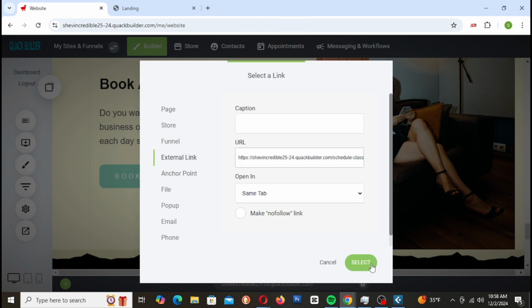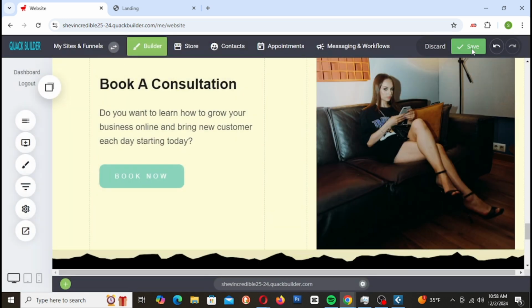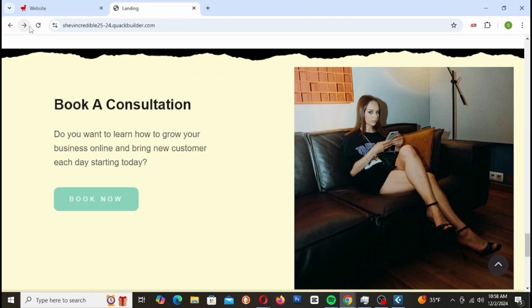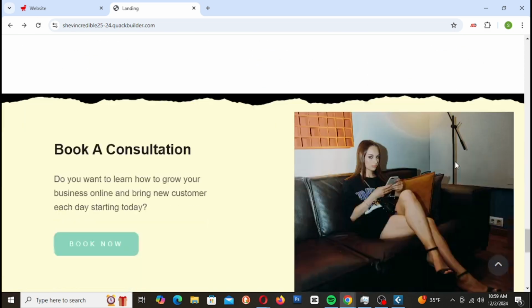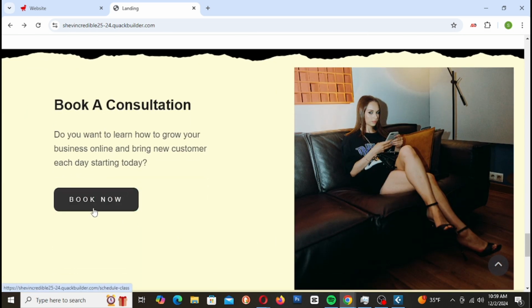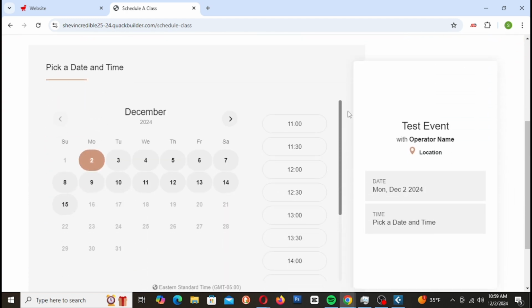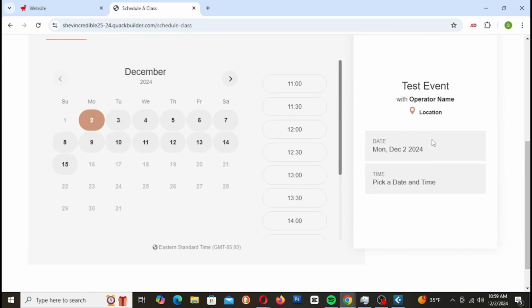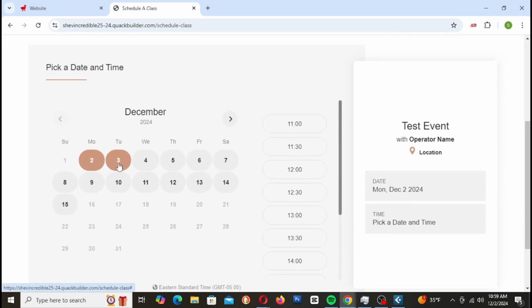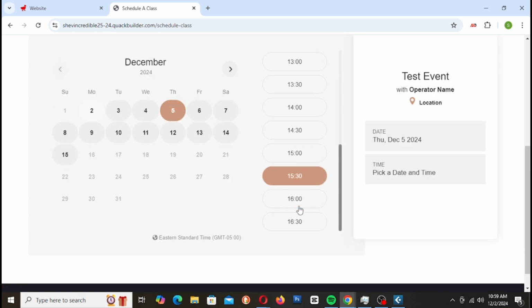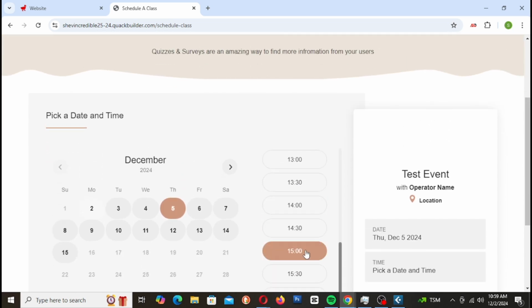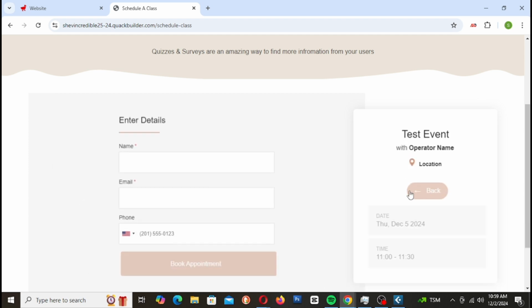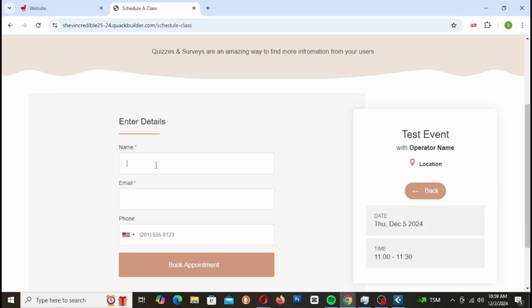Okay, just click select, and if I save it and go back up here and refresh it, this is how the customer is going to see it, and I click here, book now. As you can see, it goes to the consultation page, so now they can schedule their consultation. They can choose a date that they want, and the time that we are available for the consultation is right here. So you can choose say 12 or 11, and then they can just add the name,